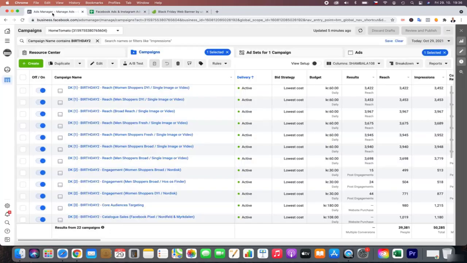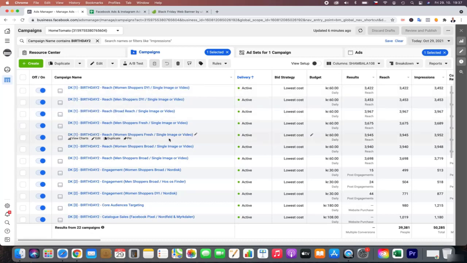So let's dive in. I will try my best to explain. As you can see, the naming is quite clear. So this number 1 means that this is the first step on the customer journey. It's basically mainly reach, or we can also do brand awareness. Then you can see this is the objective, and then of course some targeted group and some ads. We will have a look into it.